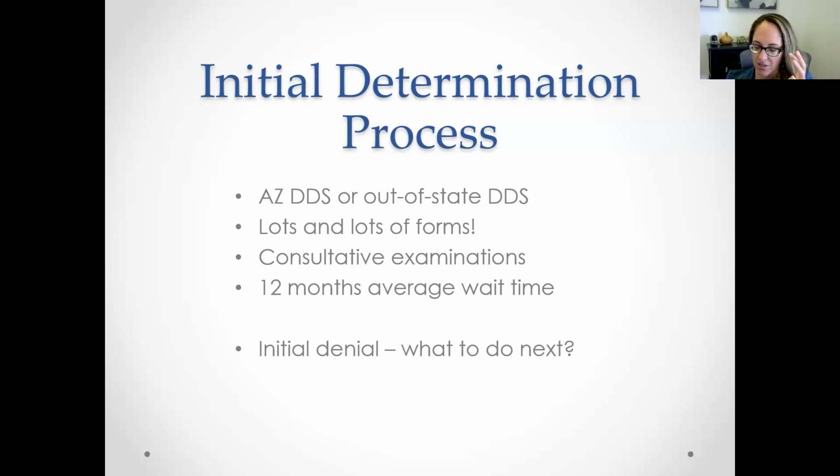And this is just an average estimate nationwide: about 70 to 75% of cases get denied initially, even completely valid cases. Maybe it's because they didn't get the evidence they need, or there's a whole host of reasons why. But if you get denied, what do you do? The first thing you have to do is know that you have 60 days to file the appeal from the date of the denial notice. You can file the appeal online.